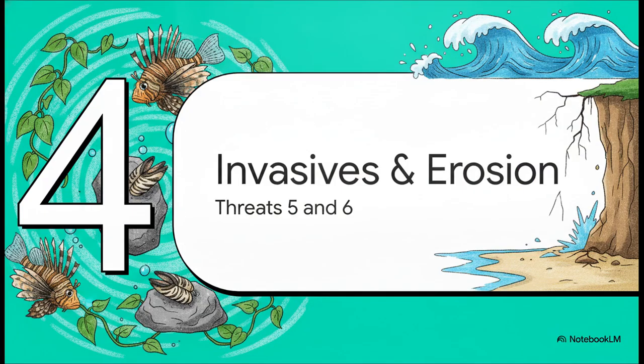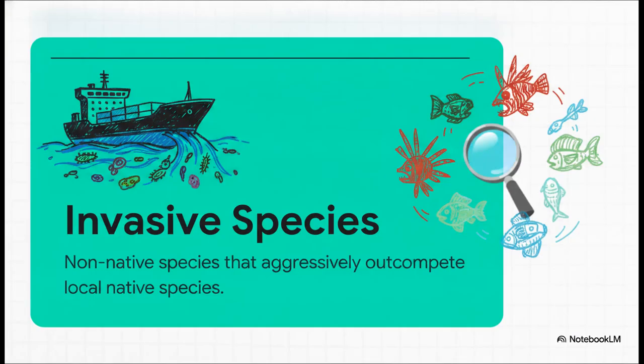Section 4, Invasives and Coastal Erosion. Our fifth threat introduces what is essentially biological warfare into the ecosystem, because massive cargo ships take on seawater in one part of the world to balance their weight and then discharge it in another. They inadvertently transport foreign organisms. We call these invasive alien species. These are non-native species, introduced mainly via ballast water discharge or hull fouling, that aggressively outcompete local native species for